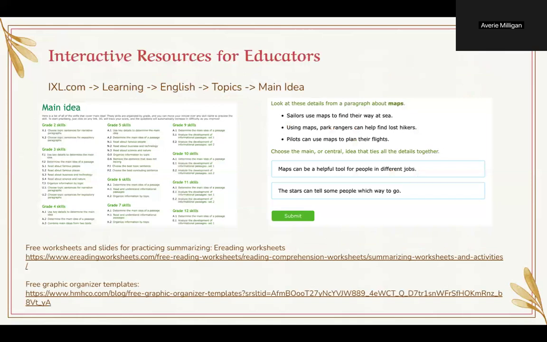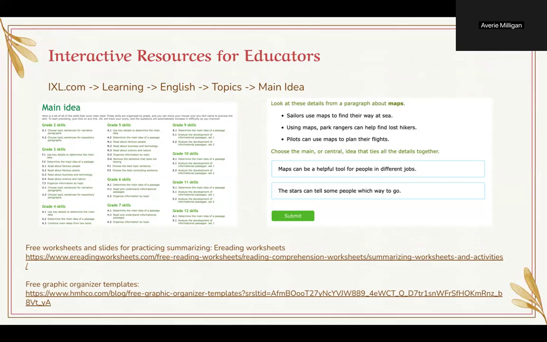My last goal was to identify some interactive resources for educators. The main resource that I found extremely useful for both educators and students is IXL.com. So I have screenshots here of what it'll look like and instructions on how to access it.